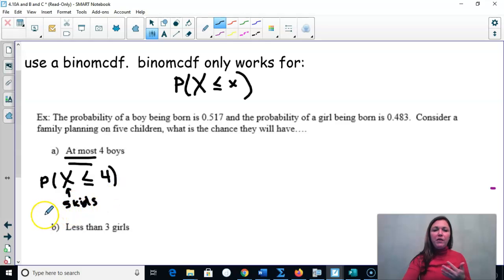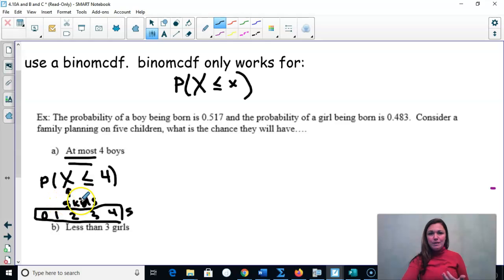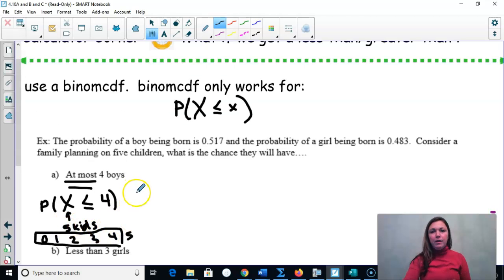If you're struggling with figuring how it would go, just write it all out. We could have 0 boys, 1, 2, 3, 4, or 5 boys. At most means I'm having 4 or less than that, okay? I'm not going to have 5. If we get it like this, we're good. That's why we want to write out the probability statement, you guys, because that's going to help us. Well, we know then that our binomial CDF only works for less than or equal to lowercase x. So we just write out that binomial CDF